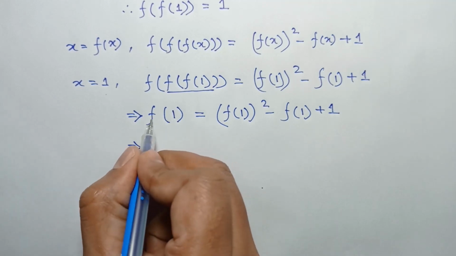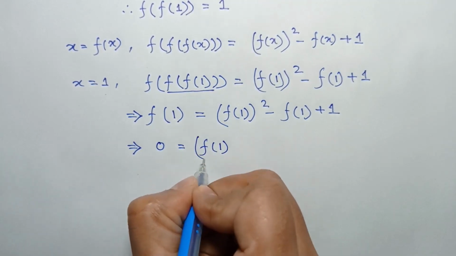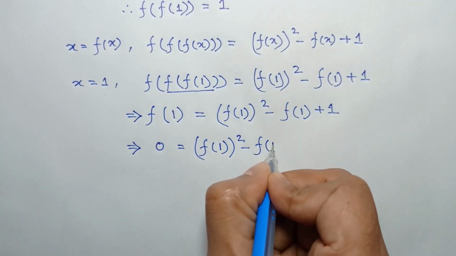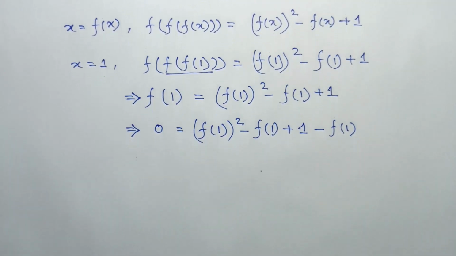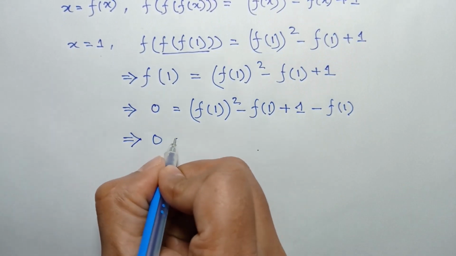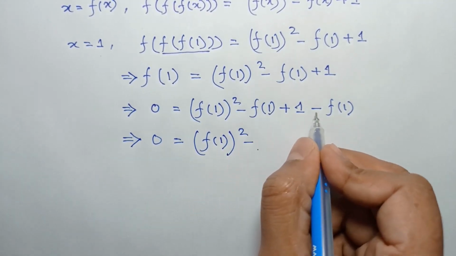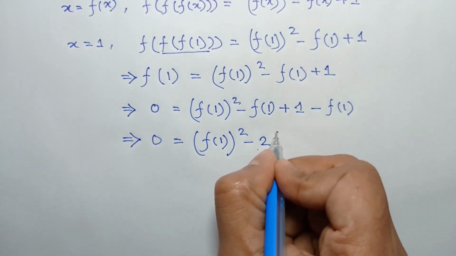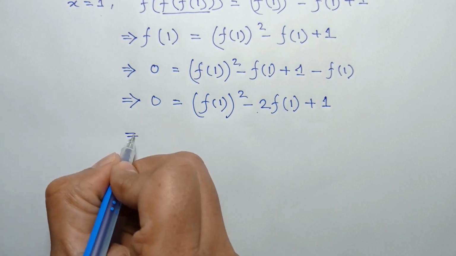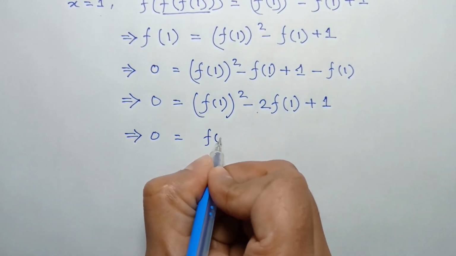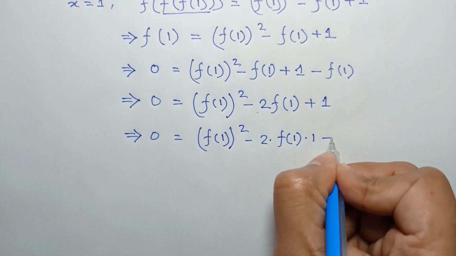or taking this f(1) to the right side, we will have 0 is equal to f(1) whole squared minus f(1) plus 1 minus f(1), or 0 is equal to f(1) whole squared minus 2 times f(1) plus 1, or 0 is equal to f(1) whole squared minus 2 times f(1) times 1 plus 1 squared,